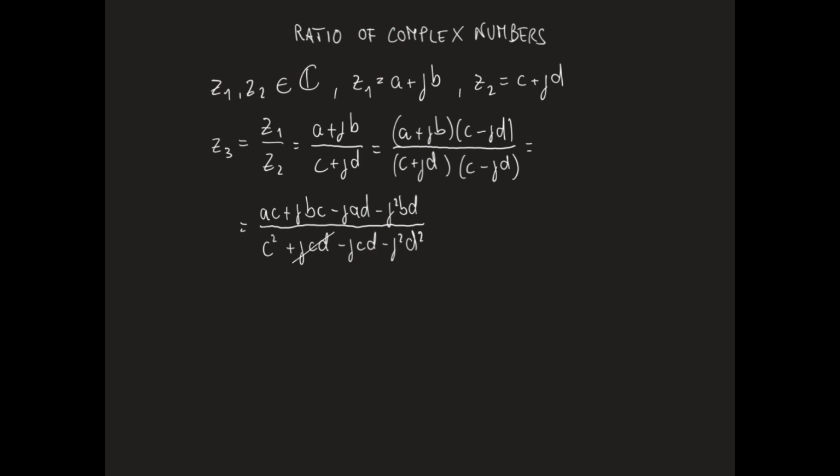Plus JCD and minus JCD at the denominator simplify, and then recalling that the square of j is minus 1, we get